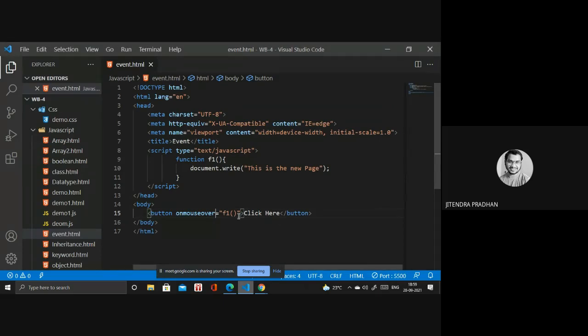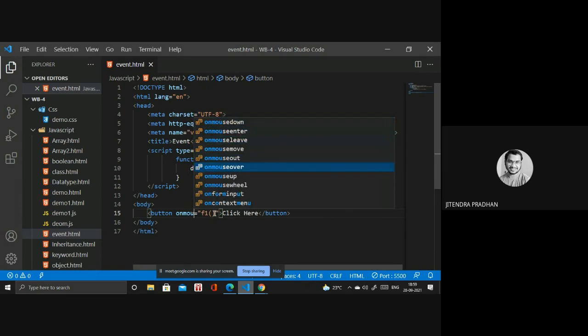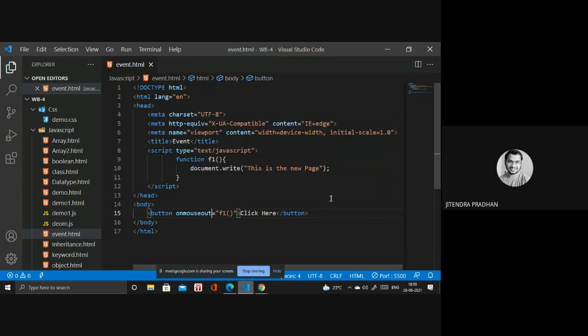Okay, and we have the mouse out event. If you mouse out of that particular button, then it will show that. Wait, I will show you how it works. I will add an image. Inside, I need an ID, say pick.